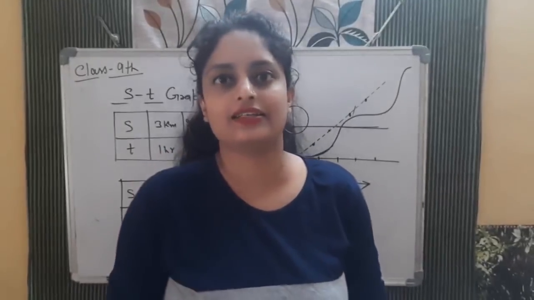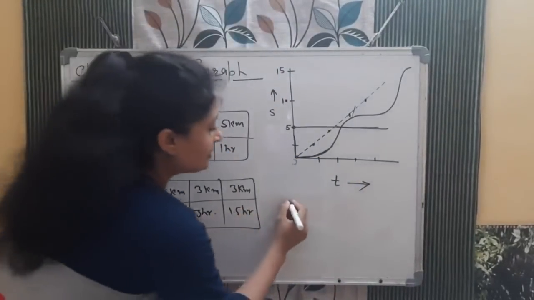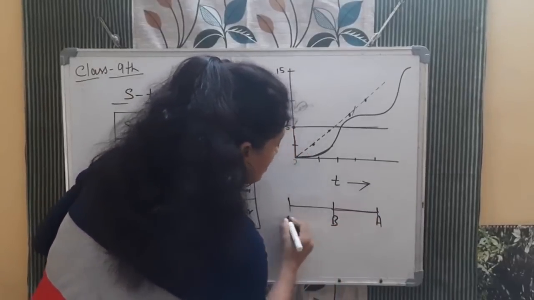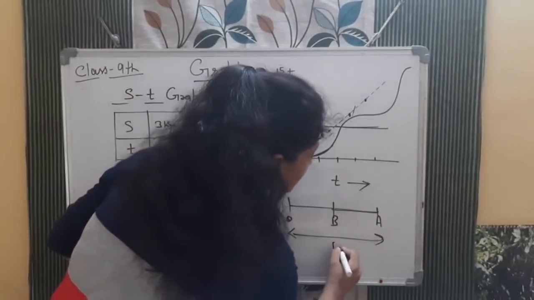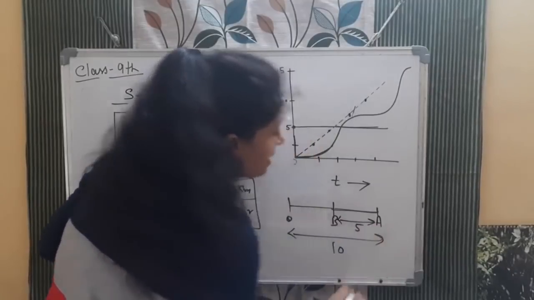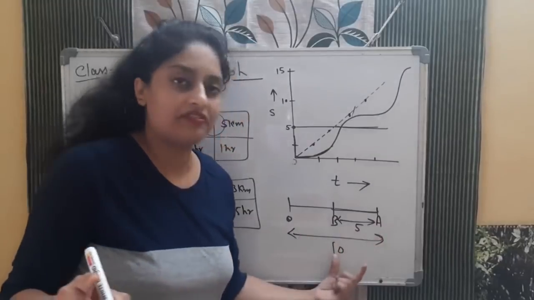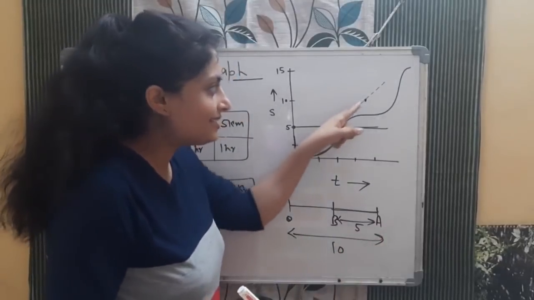Displacement can be decreased. क्योंकि displacement you guys know ना that this is the origin point. So if I am going at A and then I am coming back to the B, so this total distance was 10 and it covered 5. So if I will ask you that what is the distance, bacha, so you will say ma'am 10 plus 5, 15. So distance will always in increasing path.